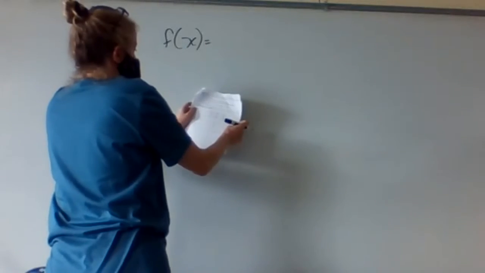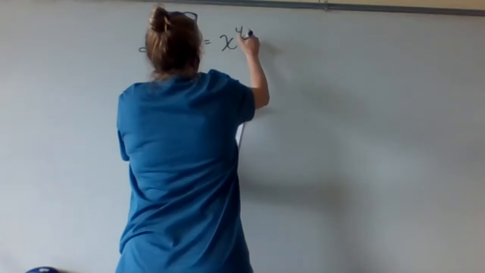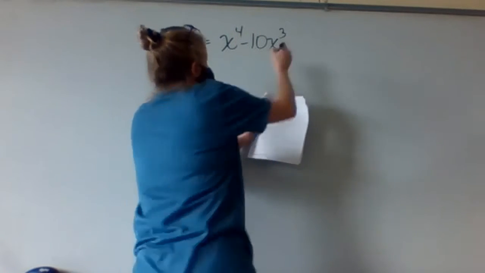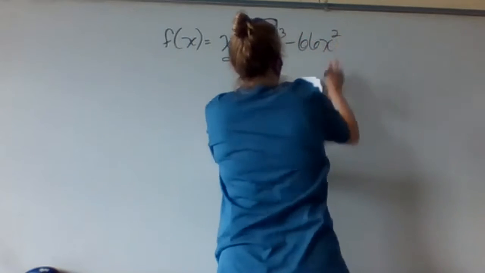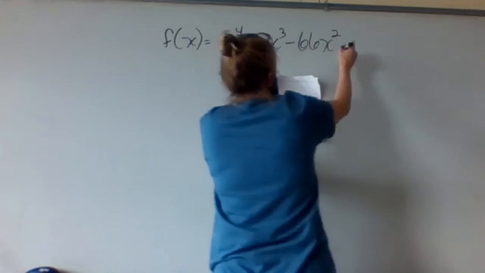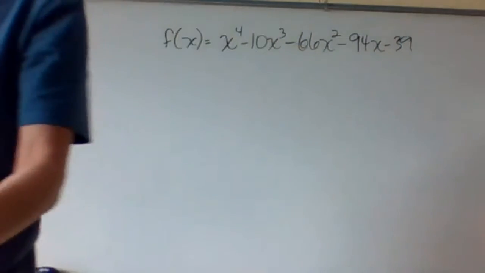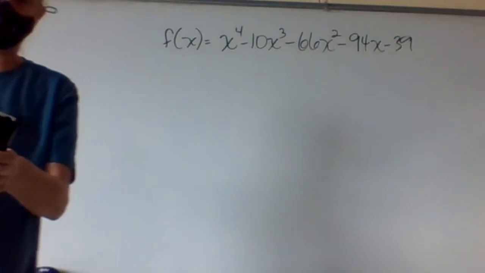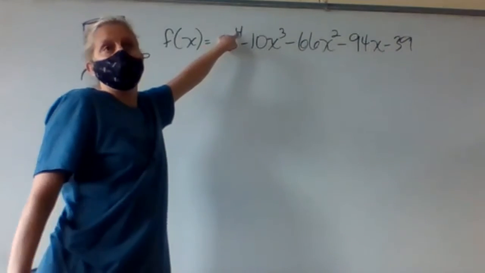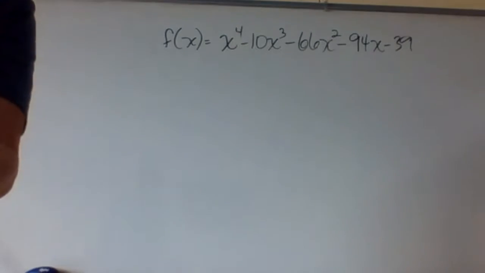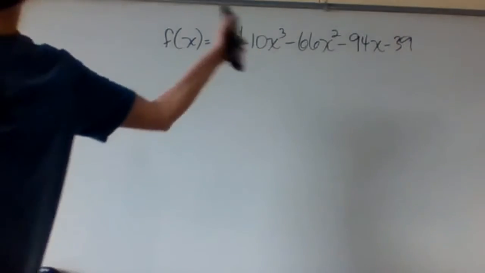All right, finding all the rational zeros and any other zeros. Last one, f of x equals x to the fourth minus 10x cubed minus 66x squared minus 94x minus 39. So this one's going to have 4 zeros. I'm going to try to eyeball it and see if I can get any of them just by eyeballing it. So I'm going to put this in my y equals,